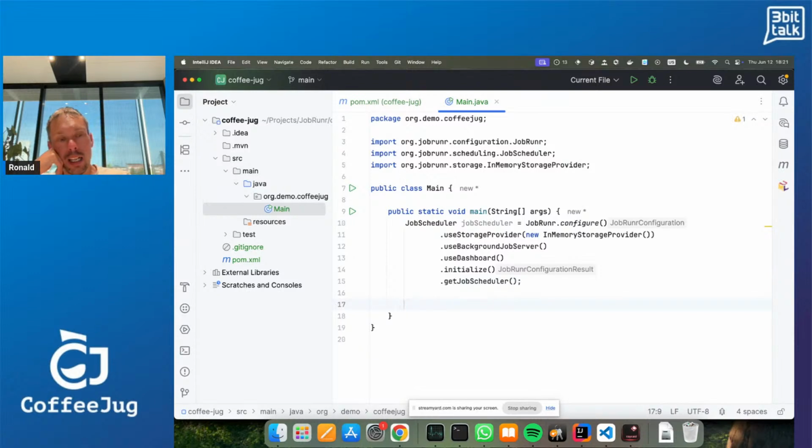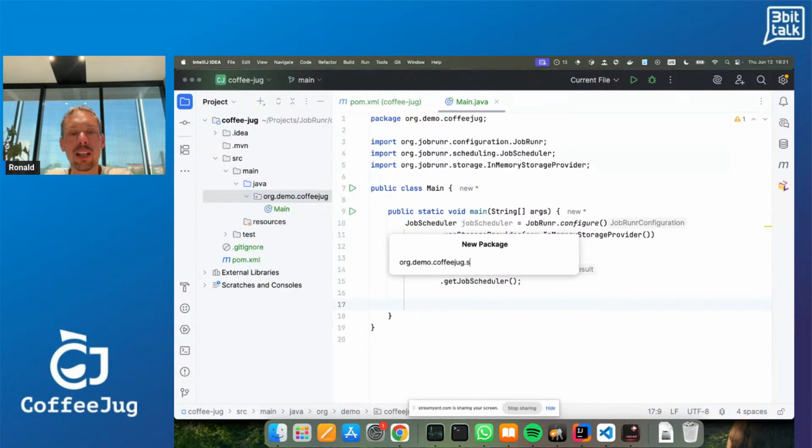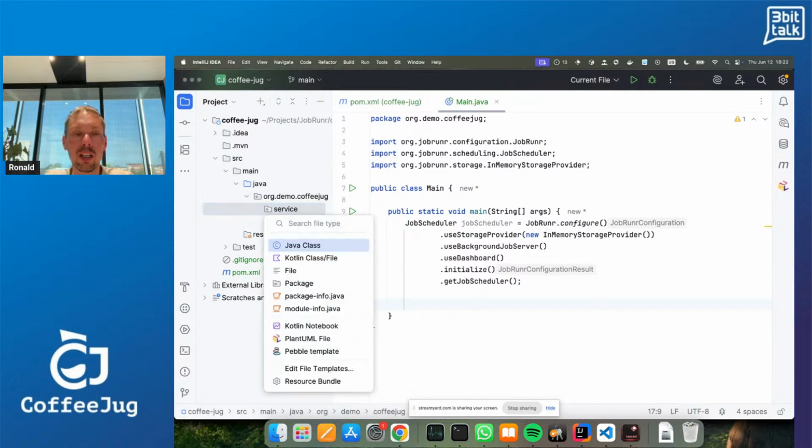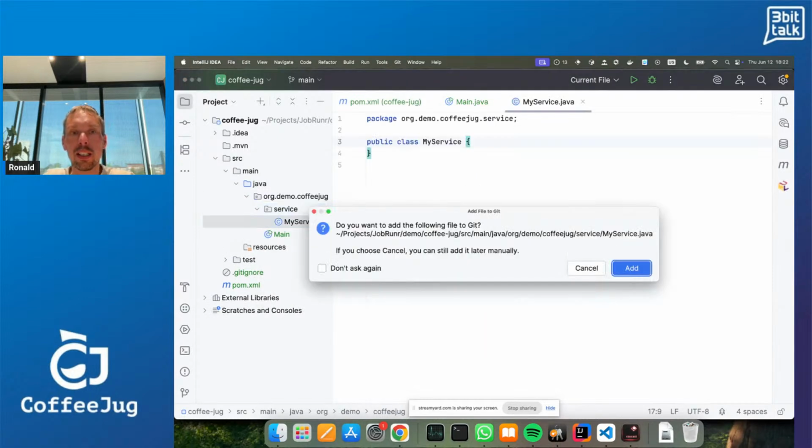And now I think like everybody, at least most projects that I've seen, they have some kind of service inside their project. So let's create a services folder, add some class called my service.